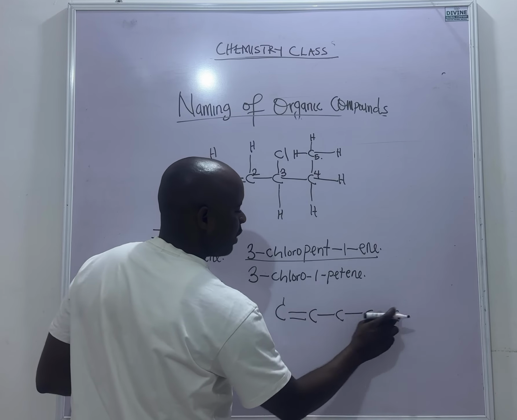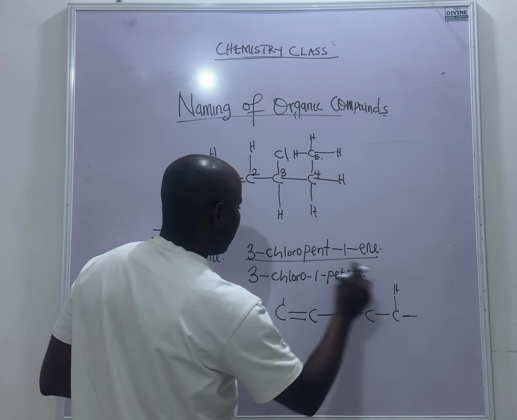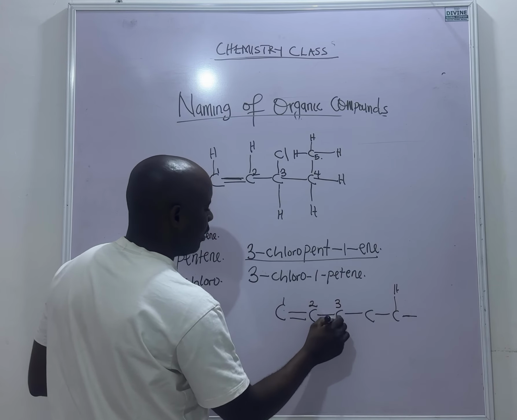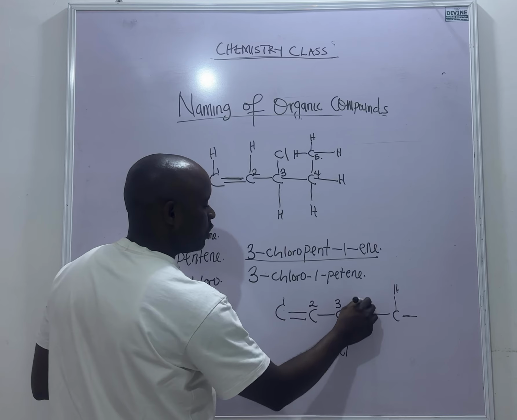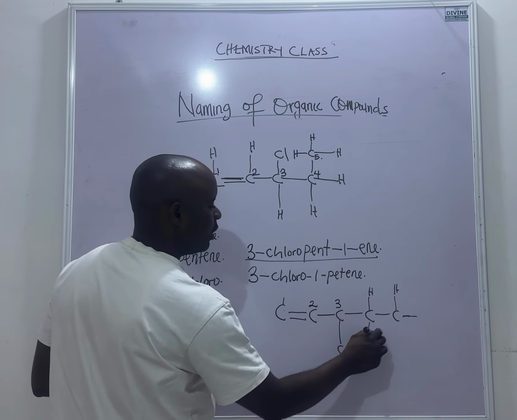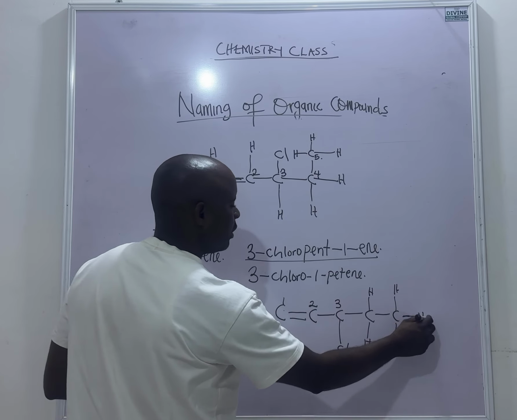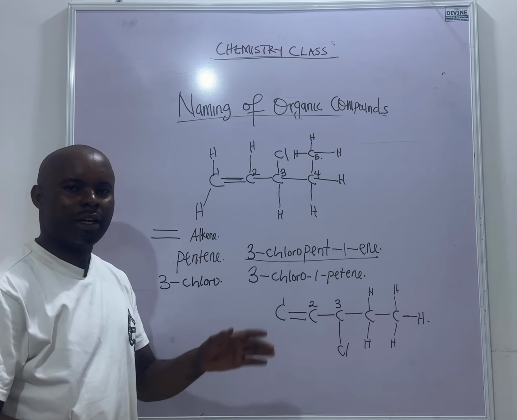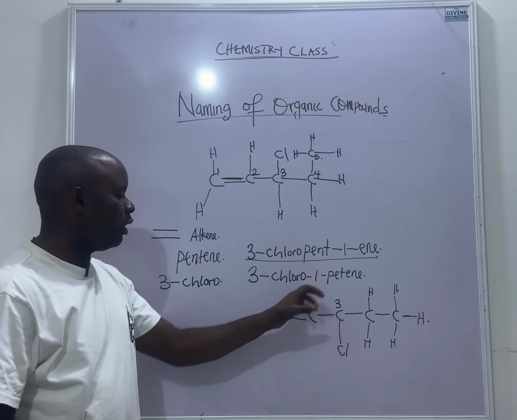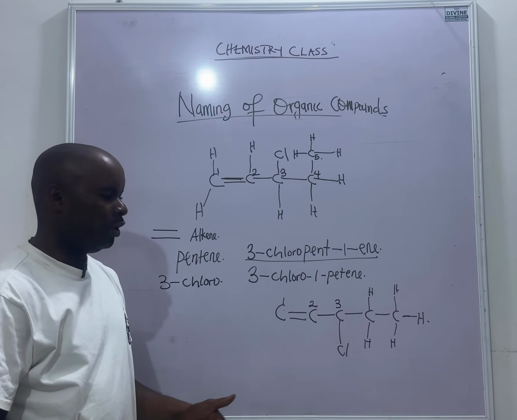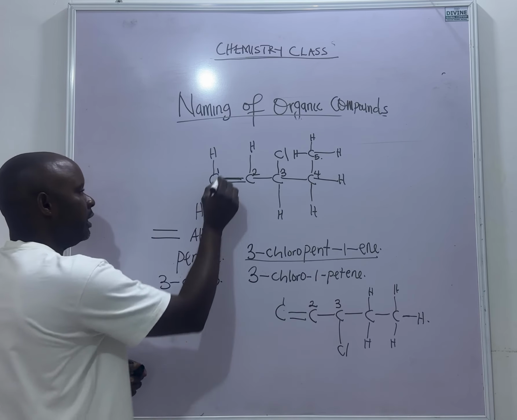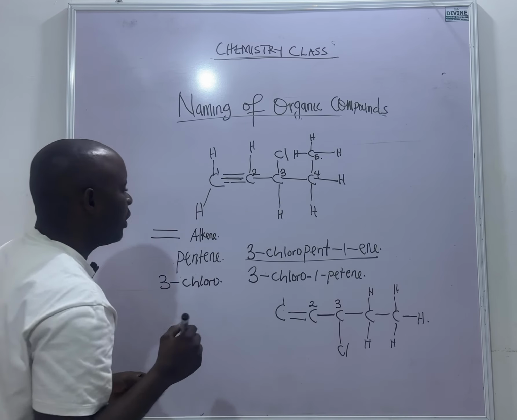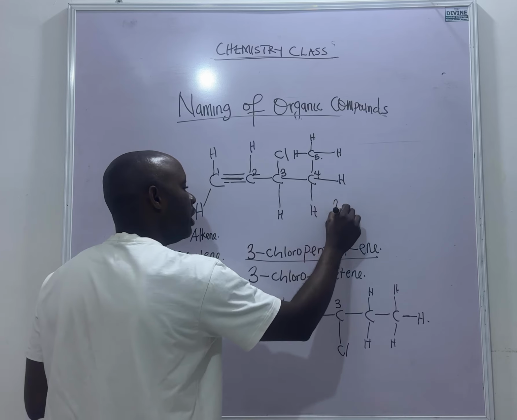1, 2, 3, 4, 5. So we said at carbon 3 automatically this carbon bears the chloro. So this will help us to have a proper functioning group. In unsaturated hydrocarbons, what determines the numbering is the position of the double bond or the triple bond. So if I'm having something like this, triple bond here, let's use this to illustrate. We can actually name this as 3-chloro,